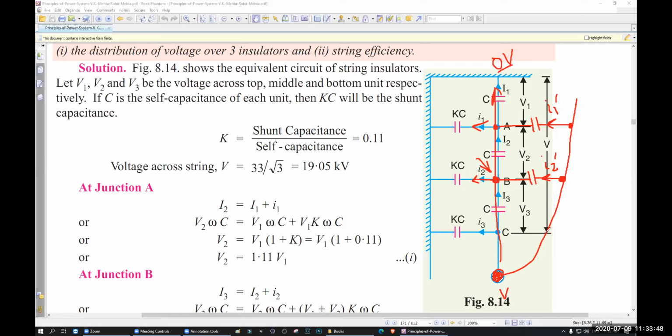Understand my point? Here I3 is not needed because here the voltage is V, here the voltage is V as well. So no current will form. Only these two will be formed. This one, no capacitance will be formed. Why? Because here the voltage is V, here the voltage is V. In between the same voltage, there is no capacitance formed. That's why no capacitance will form. Only these two will be filled up.